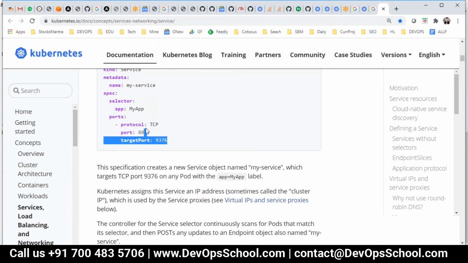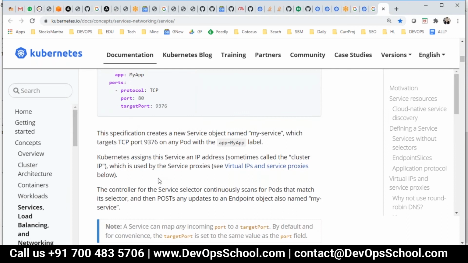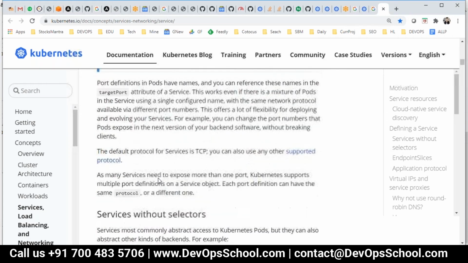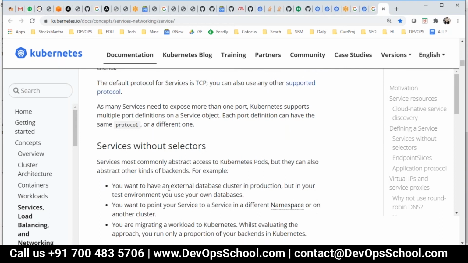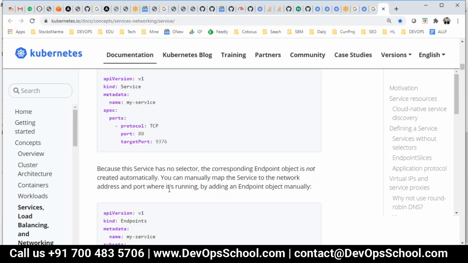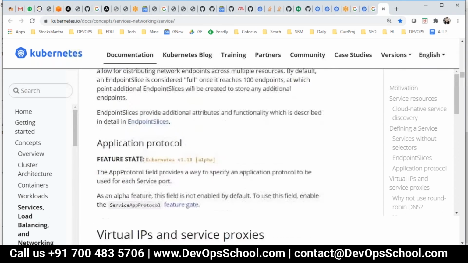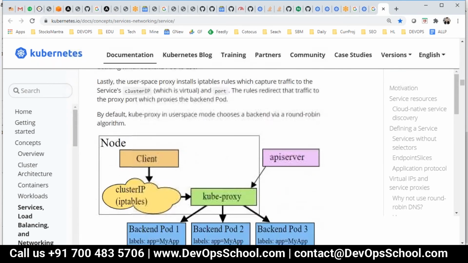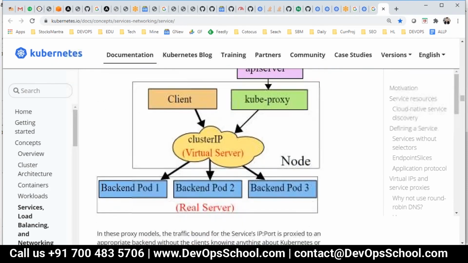So this is the target port, and this is the service. I'm looking for the node port.